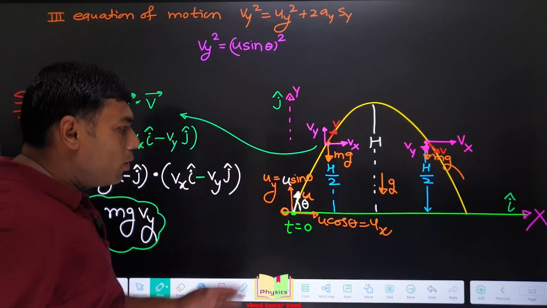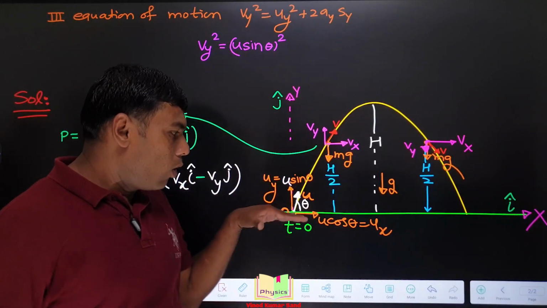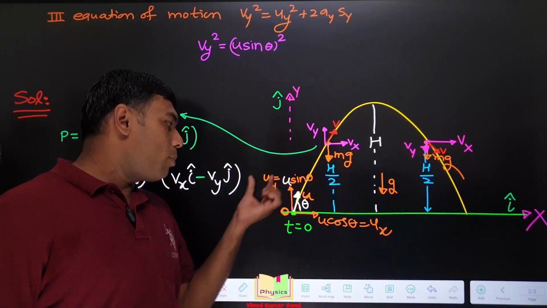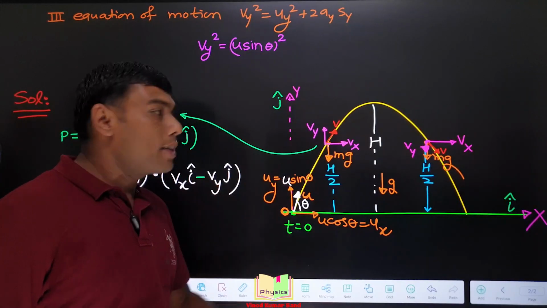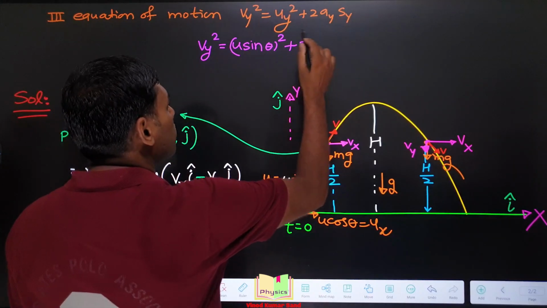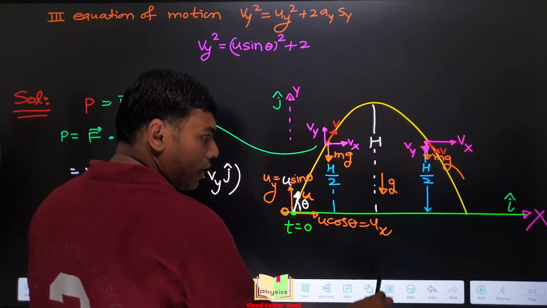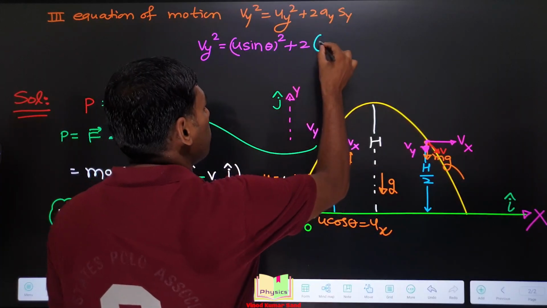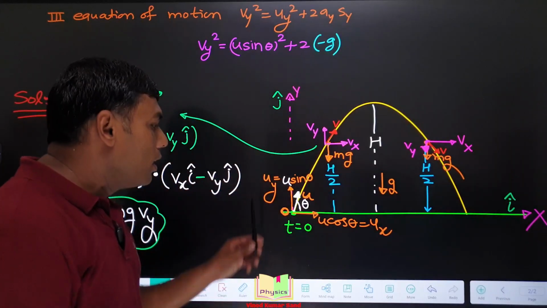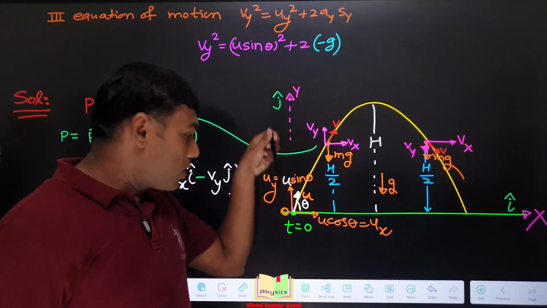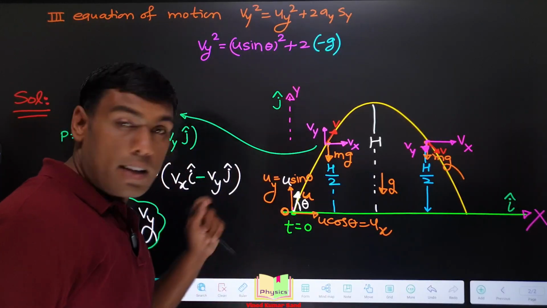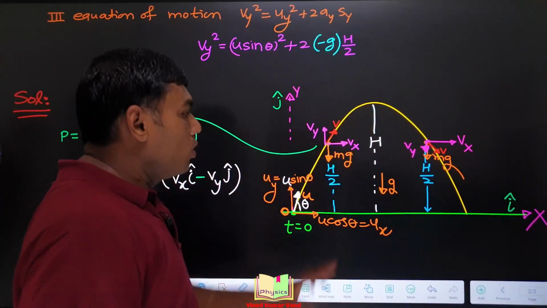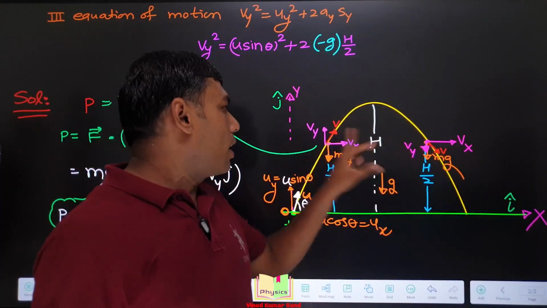because if we do the components of the initial velocity u, horizontal component will be u cos theta, which is equal to ux, and the vertical component will be u sine theta, which we write as uy, plus acceleration in the y direction is like this, acceleration due to gravity in the downward direction, so we put it with proper sign as minus g, because upward we have chosen the positive sign, downward we have chosen the negative sign. Here was the origin. The sy is h by 2, because at h by 2 height we have to obtain